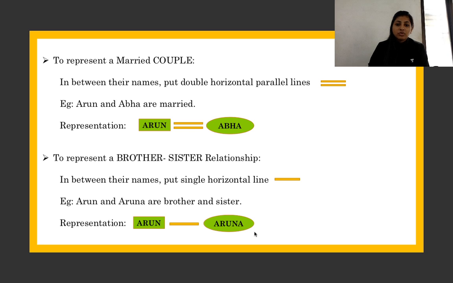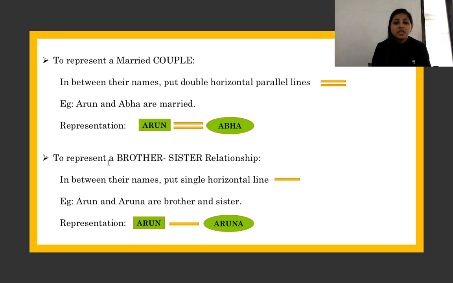You write the name of Arun, Abha and put two parallel lines in between. So when you see this arrangement, this diagram, you know that Arun is the husband, Abha is the wife, and